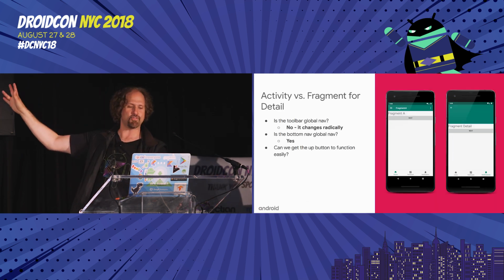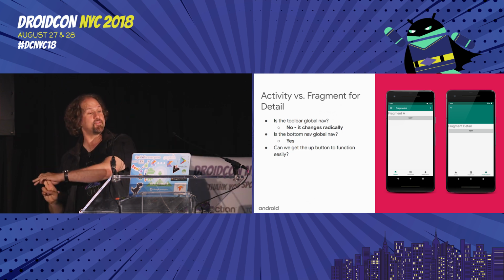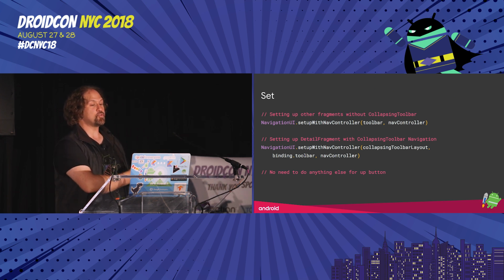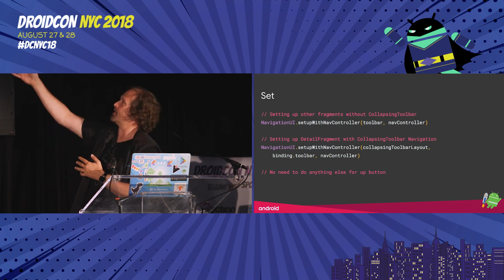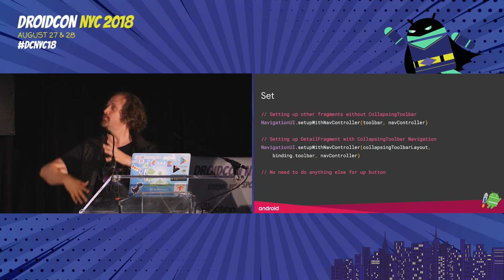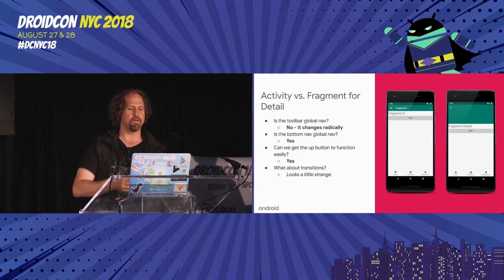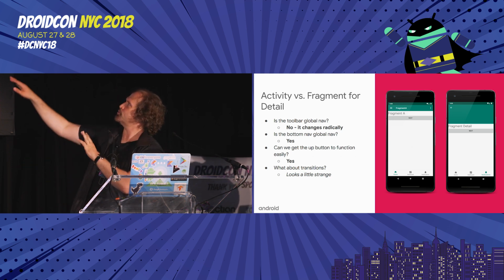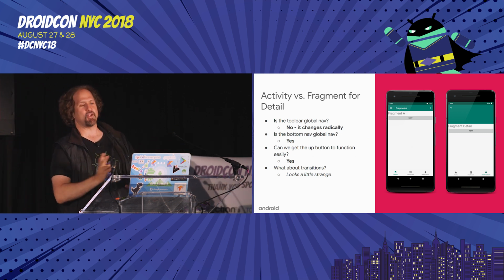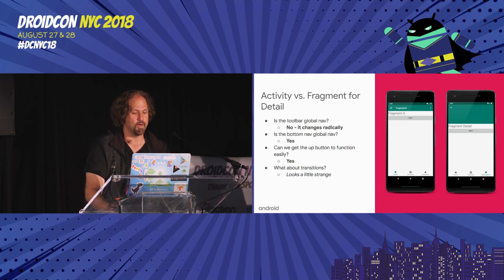All right, so we've answered two questions. With these changes, it's hard to implement the toolbar in the activity, but bottom nav nicely works there. Now for the up button. As I mentioned before, setting up the up button in the toolbar just involves calling setupWithNavController in the fragment code. There's one version for a toolbar, and there's one for a collapsing toolbar. The final thing to think about are the transitions. For now, if you use navigation transitions and your toolbar is part of your fragment, your toolbar will animate, which looks a little strange, but it's nothing that shared element transitions could fix if they were supported. It's an open issue that the team is aware of.